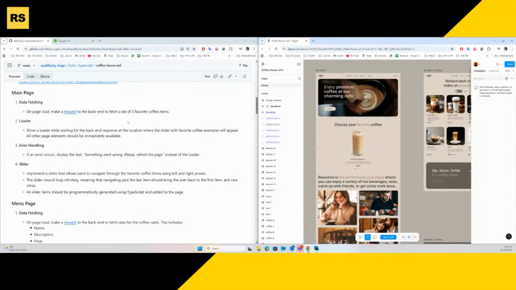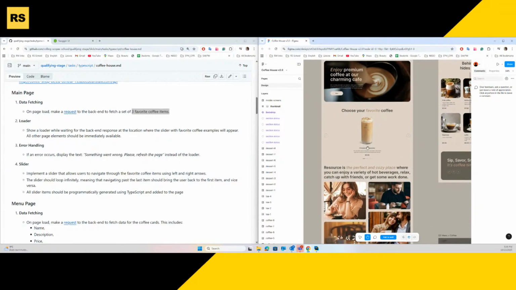First main page. First of all, you should fetch the data, I mean, 3 favorites coffee. And while your user is waiting, while the backend sends you data, instead of this image, you should show the loader. And as soon as data is received, you should create this item through TypeScript. I mean, all items, it doesn't matter, div or something else, should be created via TypeScript and added to this